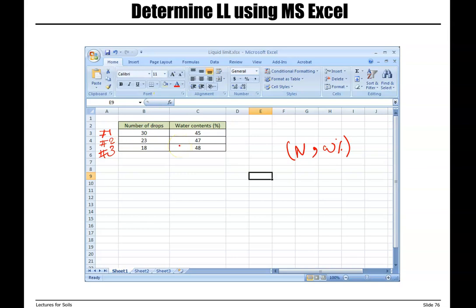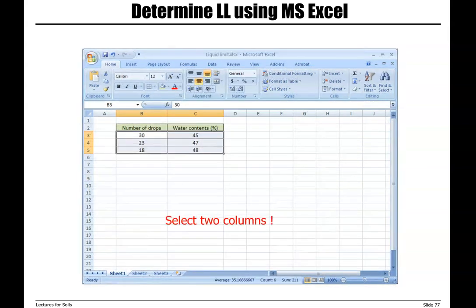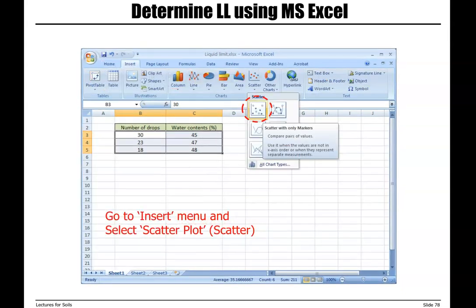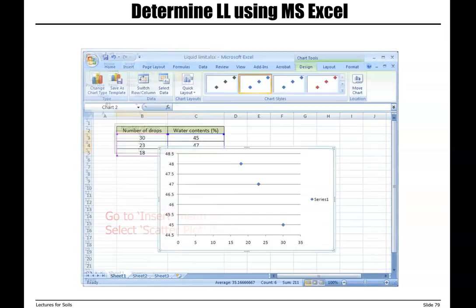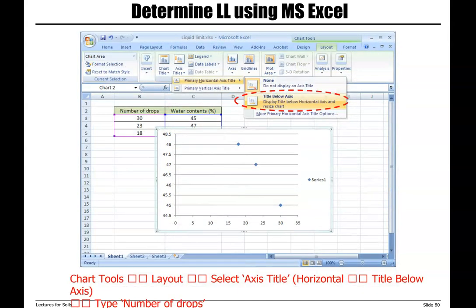We have these numbers in an Excel file. We select the numbers, go to Insert, Chart, then click on the triangle for scatter and select scatter with only markers. And that's what you get. 3 data points on your chart.